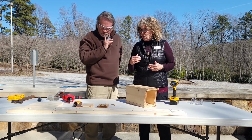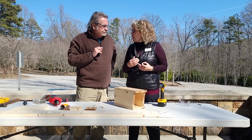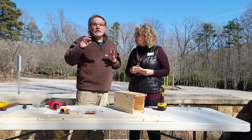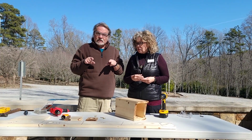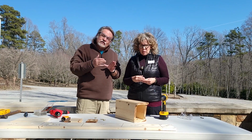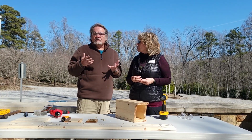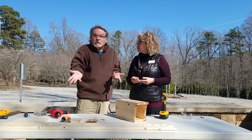I noticed on the front you've got the hole. Is the size of the hole important? The size of the hole is incredibly important. In fact, we're going to reinforce it. It's 1.5 inches in diameter. That means a starling cannot squeeze into it. A bluebird can squeeze into it, but the other secondary cavity nesters like titmice, chickadees, Carolina wrens, and tree swallows